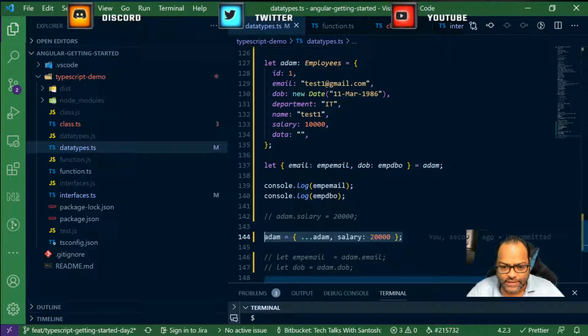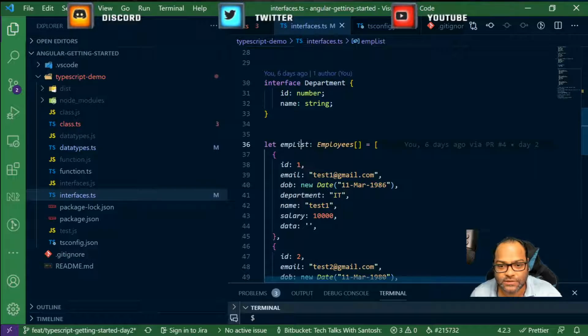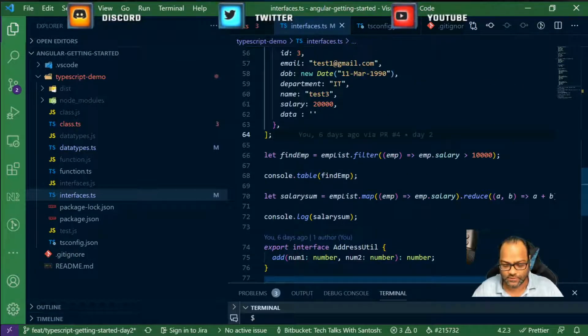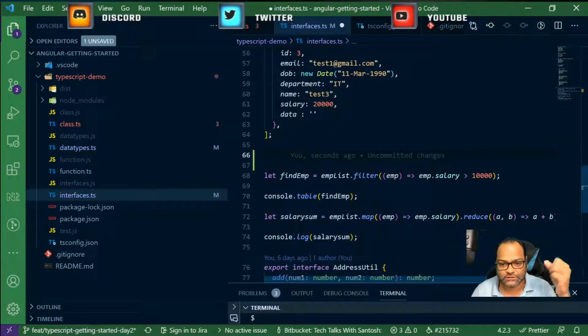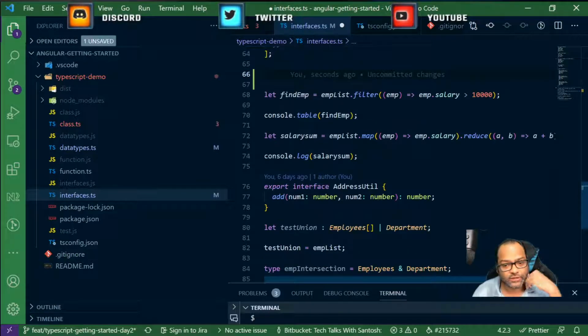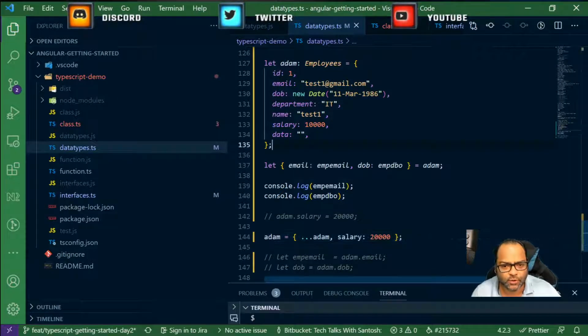You can also use this syntax with arrays. So let's go ahead and see that. Or we'll do two things. So let's go back to the interface.ts because we already have an array here. So I can also use this syntax here. So let's say I want to update this array, right? So I want to add a new value into this particular array. So what are the options which we have? So we saw push, right? So if you remember here in our data types.ts, we discussed about how you can use push. There are a few more operators available.